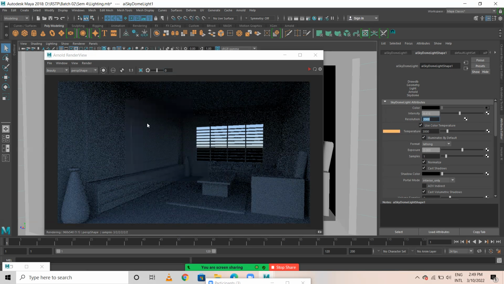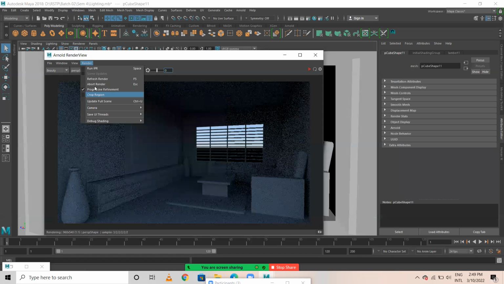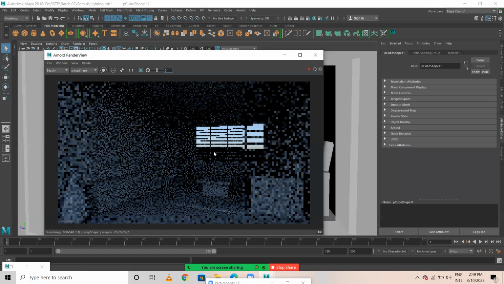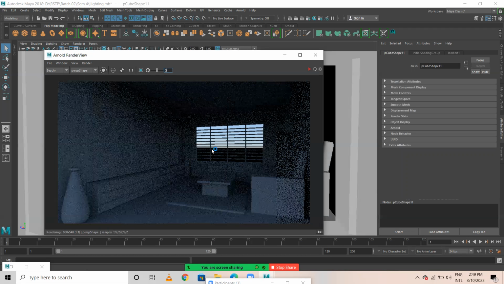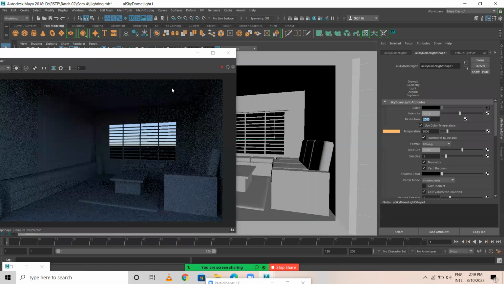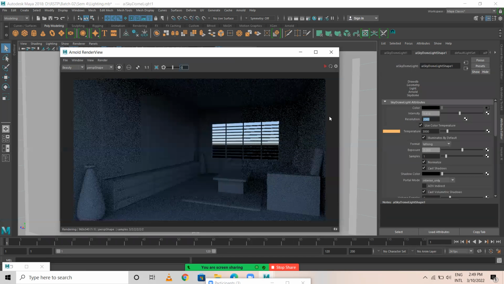If I change the value even more, that's an orange tint. Similarly, if I change the temperature to a higher tone, it's more of a blue tint. That's how it is.